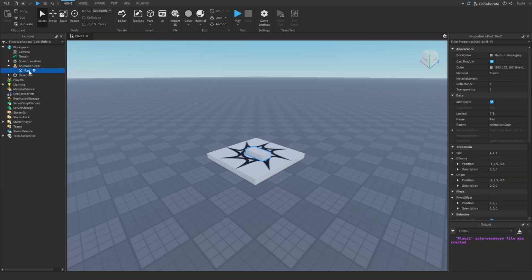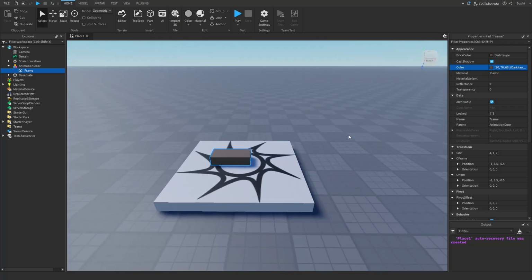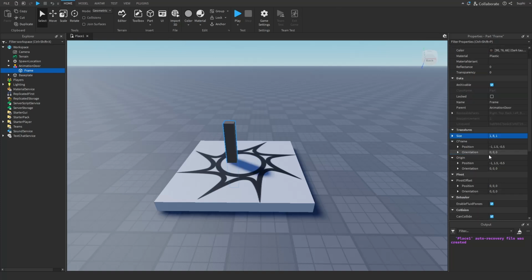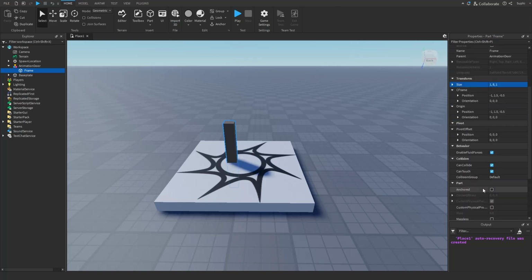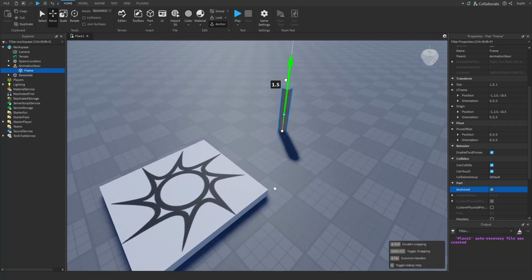Then inside of this model, I'm going to create a new part. And this part I'm going to name Frame. And I'm going to set it to a brown color, like so. And then I'm going to set the size to 181, and I'm going to anchor this frame, and I'm going to move it back and up